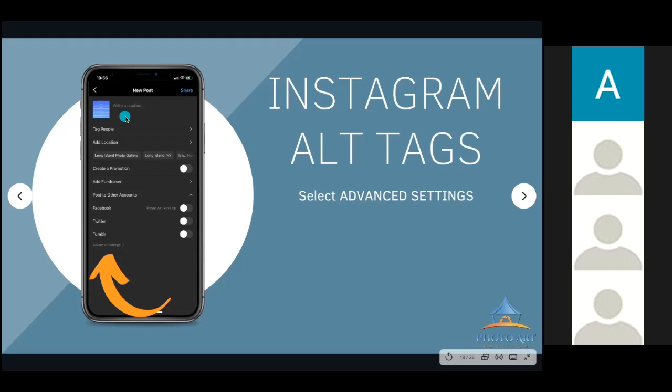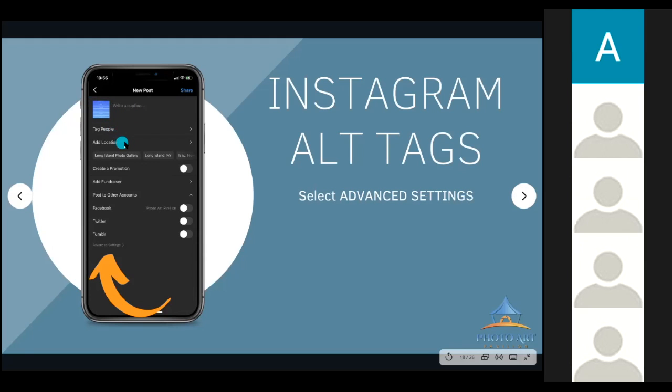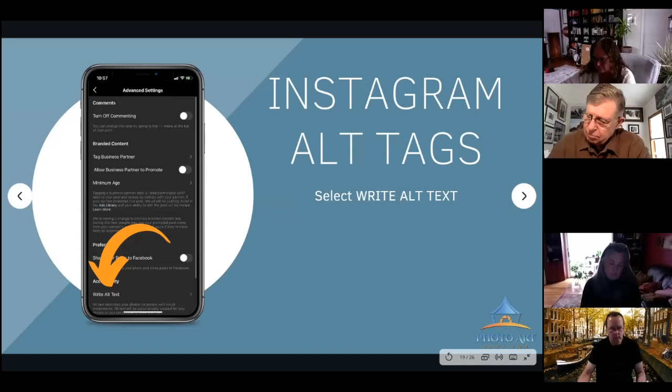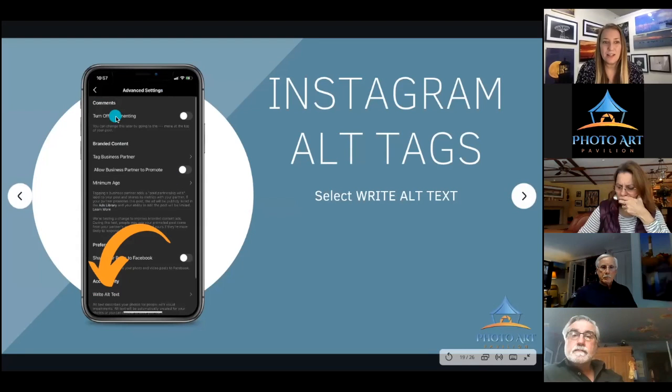You do the same thing as you usually do. You're going to write your caption, select an image, tag whatever people, location. And then from there, you're going to come down to advanced settings. It's usually something that we don't always look at or explore. So once you're in advanced settings, you have a bunch of different things here, but really what we want is this